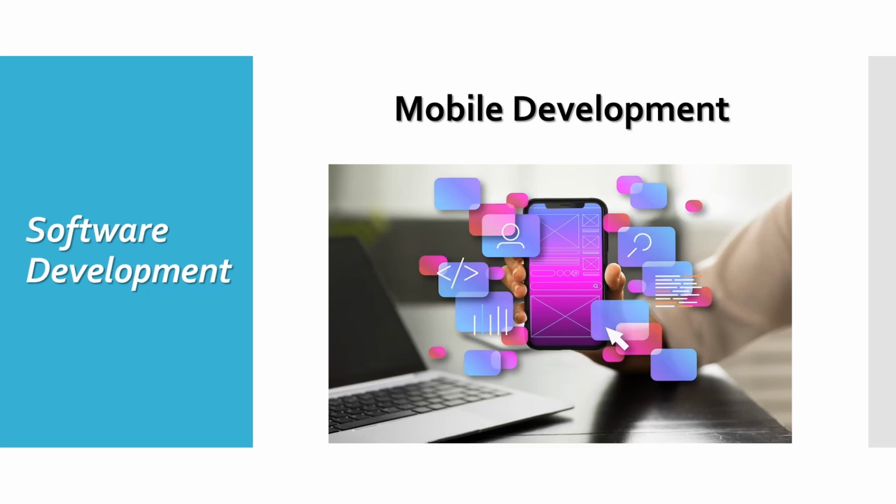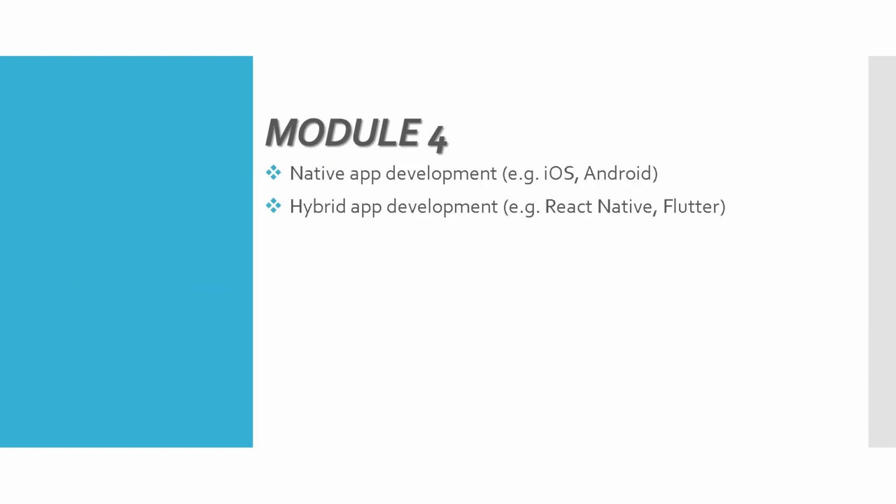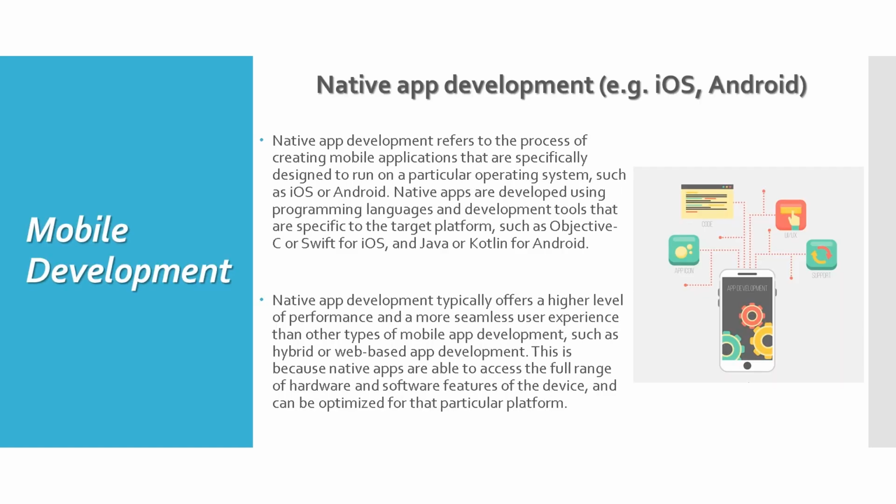Hello. Today we are going to learn mobile development and software development. In Module 4 we have these topics: native app development, e.g. iOS, Android; hybrid app development, e.g. React Native, Flutter. Native app development refers to the process of creating mobile applications that are specifically designed to run